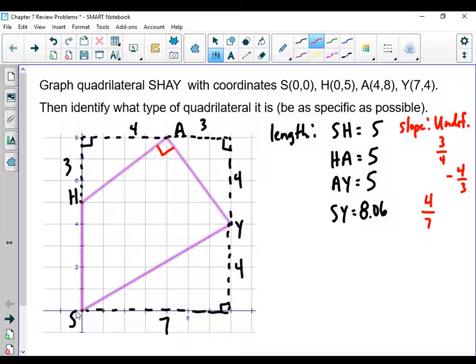SH and HA were the same, and so was AY, but we didn't have a kite there because, remember, a kite would have two distinct pairs of sides that were the same. So it looks like we don't have enough information to say a whole lot more than just saying